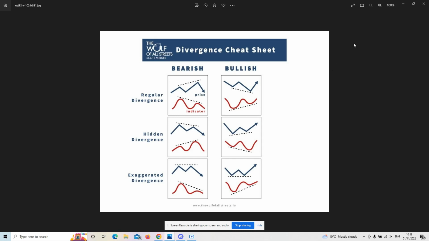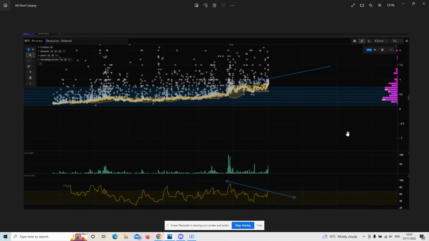Now I'll show you a few examples of my calls that I've done before, and we can see how it plays out in the NFT market. The first example that I'll be showing you guys is Genuine Undead. When I saw Genuine Undead mooning, obviously not